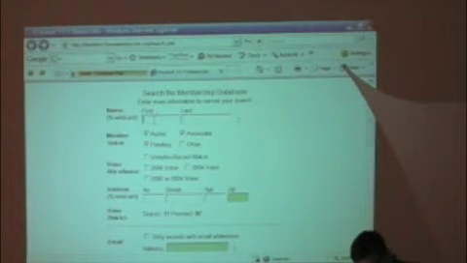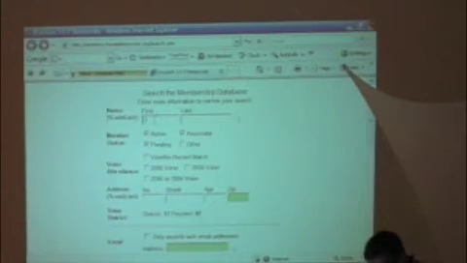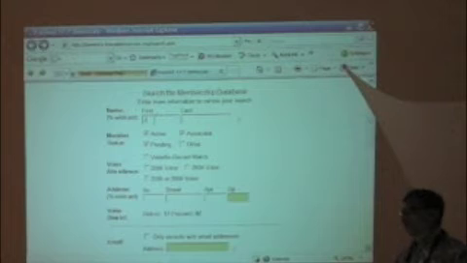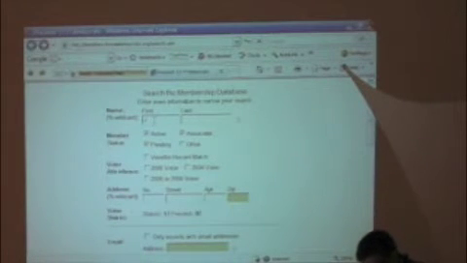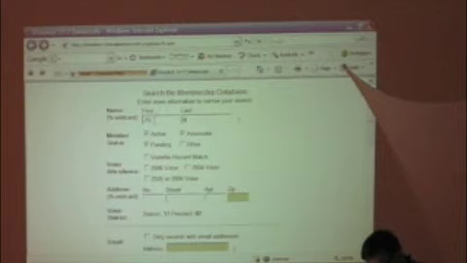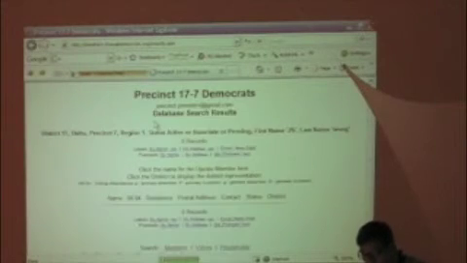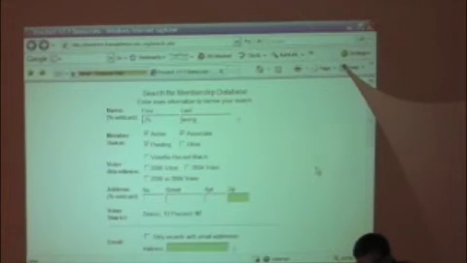So I could do, let's say it's Jack Wong, and you don't know if Jack is his real name or just a middle name or a nickname for John. Then you can just do something like this. I don't think I have anybody named John Wong in the precinct. So anyway,